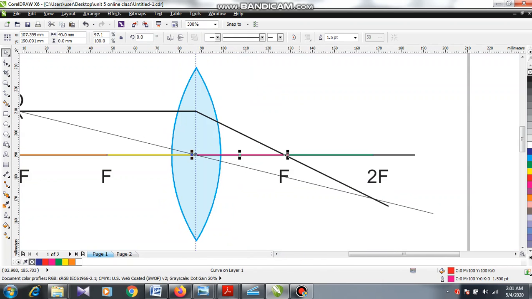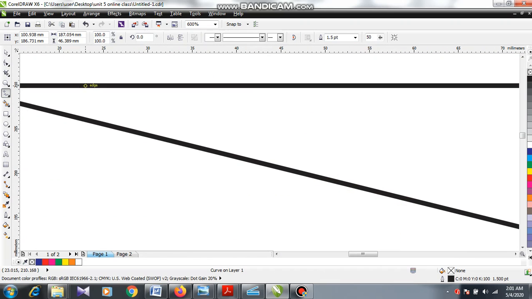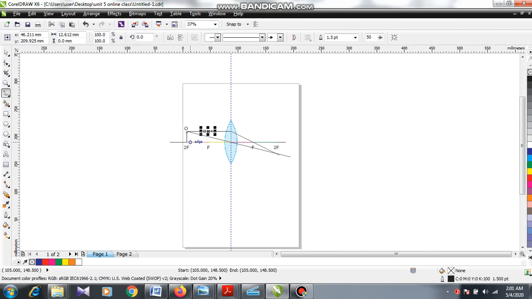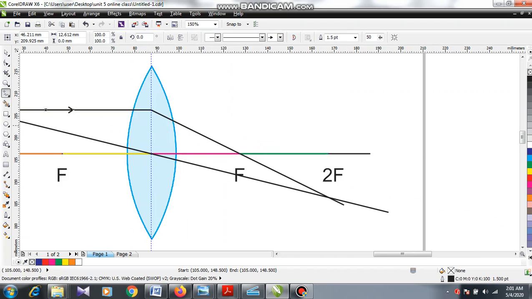Okay, so let us draw the arrowheads. Here is the arrowhead. Let's mark the arrowhead this way. Here is the arrowhead.